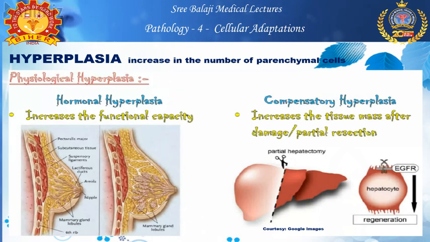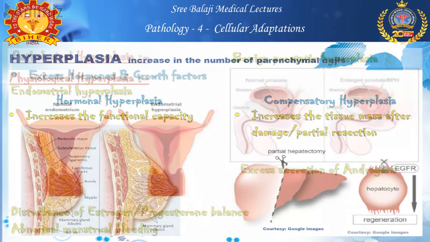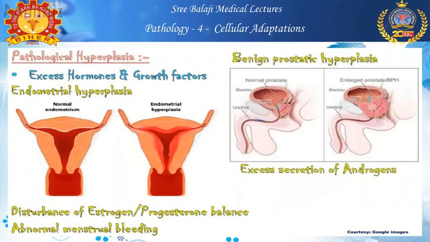So, hormonal hyperplasia is an increase in the functional capacity. The best example is lactation, where the breast enlarges during the lactational stage, where hormones play a major role. In compensatory hyperplasia, there is an increase in tissue mass after damage or even partial resection. An example is hepatectomy. For the second, pathological hyperplasia, good examples are excessive hormones and growth factors, basically endometrial hyperplasia or benign